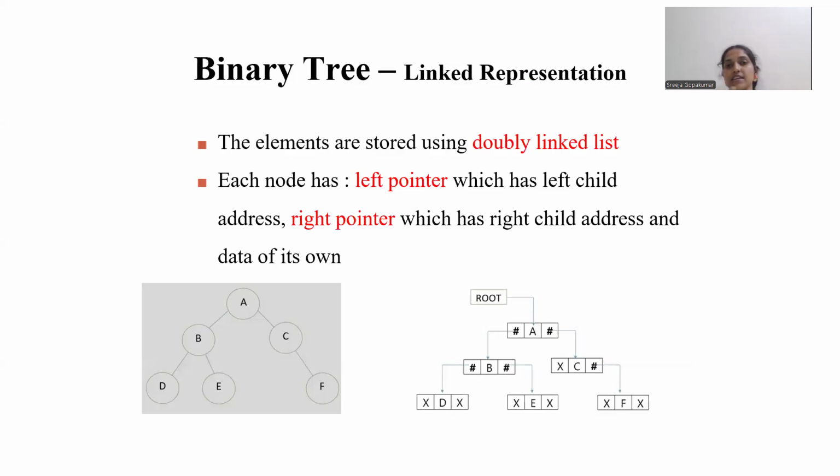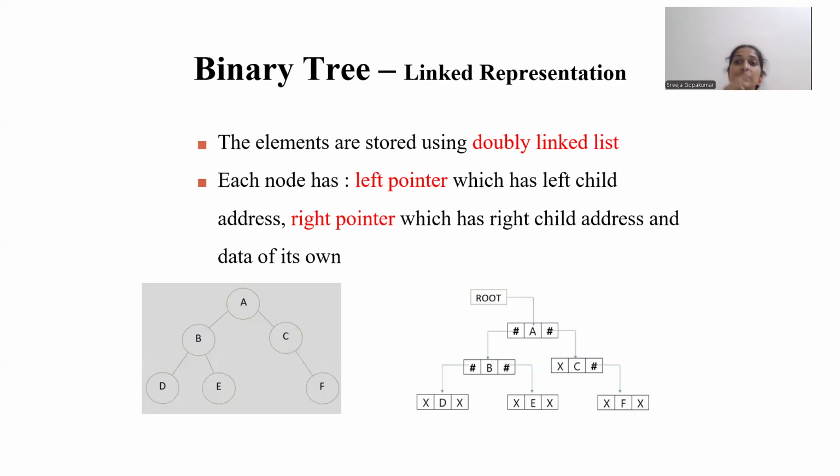Then comes the second type of representation of your binary tree, that is your linked list representation. We have different types of linked list. A binary tree can be represented using the doubly linked list. Why? Because every node can have a maximum of 2 children. So when representing a binary tree using a linked list, we have to maintain each and every node's left child and right child. For every node, we have to maintain the left child and right child.